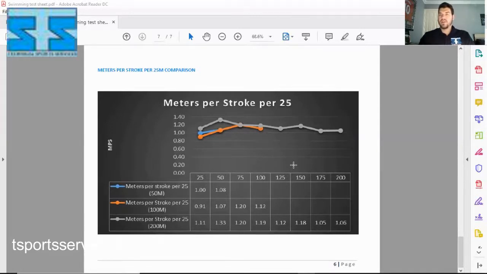We used it through training, and I never once had to show him this, because we never had this kind of graphs and stuff in the process. But this is the same process I used for him to let him understand exactly why the time was coming down, where he needed to improve, and he obviously went on to being double Scottish national champion. He was a British finalist, and obviously he won a silver medal in the Geneva International meet. So this does work for the top athletes, but it also works for the younger ones.